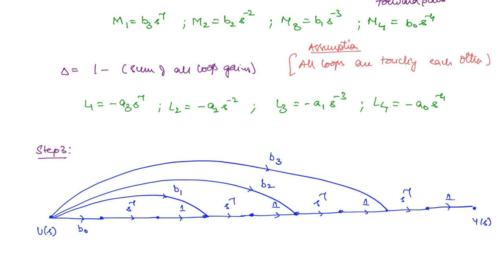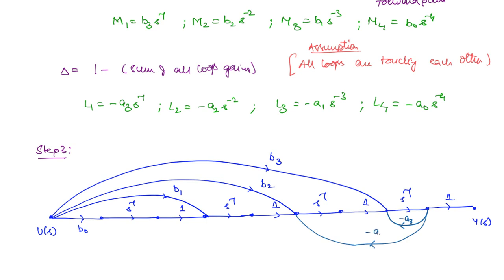Now we have drawn all of the forward paths. Now what about the loops? You see the first loop here, it is minus a3 s to the power minus 1. So we can take this integrator here, which is towards the output side, and we can draw a path like this, the gain of which will be minus a3. So now this is a loop, and what is the gain of this loop? Minus a3 s to the power minus 1. Now what about the second loop? Minus a2 s to the power minus 2. So we need to take 2 integrators. So now this is going to be